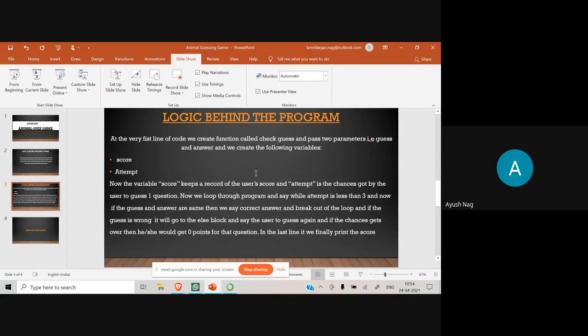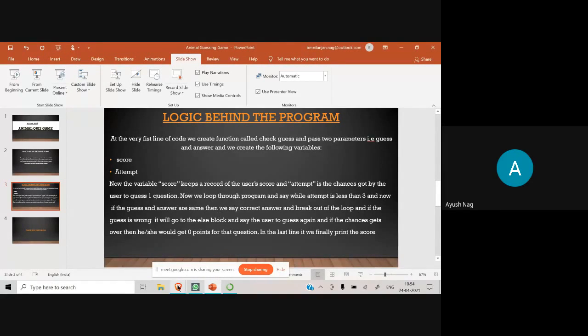Now we loop through the program and say while attempt is less than 3, and now if the guess and answer are same, then we say correct answer and break out of the loop. And if the guess is wrong, it will go to the else block and tell the user to guess again. And if the chances get over, then he or she would get 0 points for the question. In the last line, it will finally print the score.